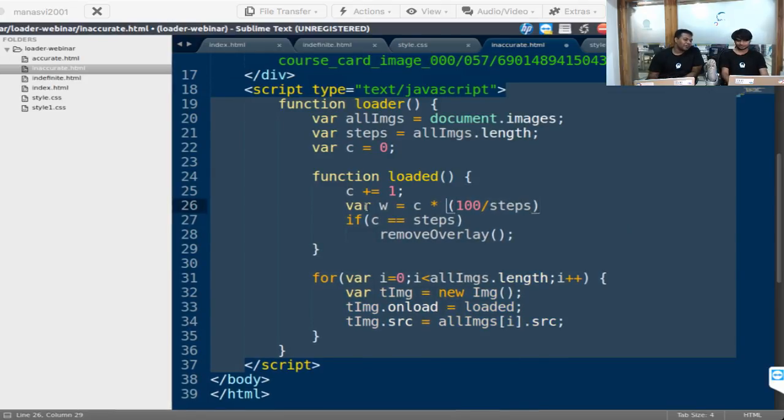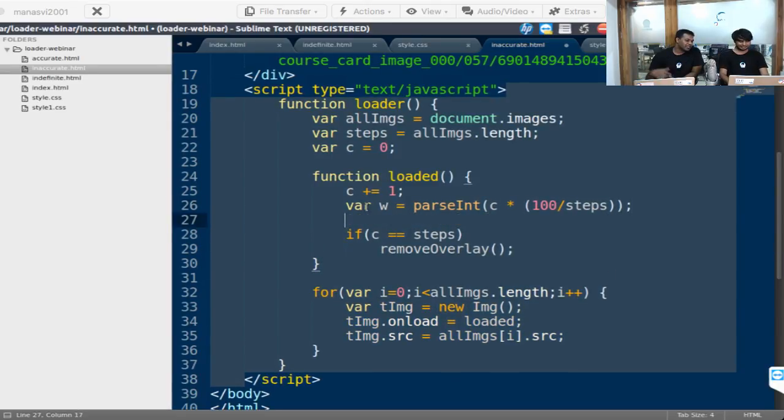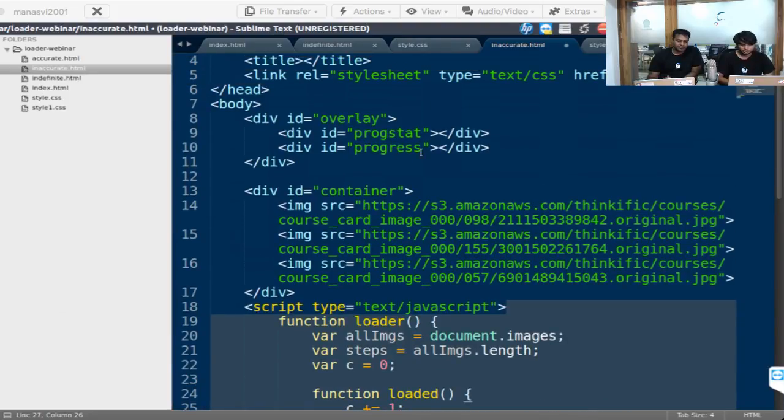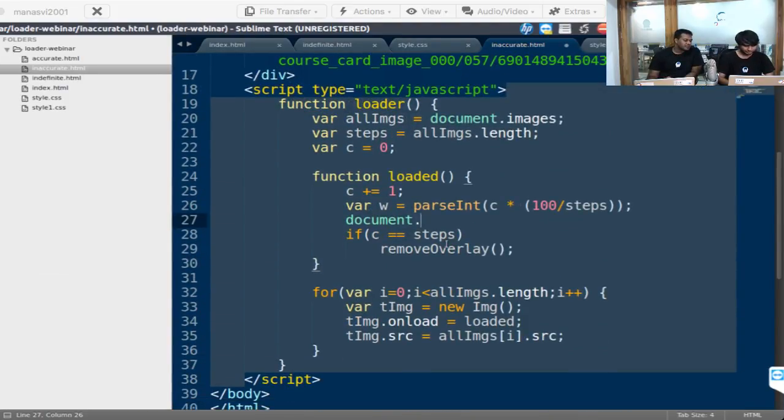I suggest doing a percent because no one wants to calculate percentage. Let's do a percent here. Basically this is showing the percentage of how much loading has been done. So we have ID progress, so get element by ID